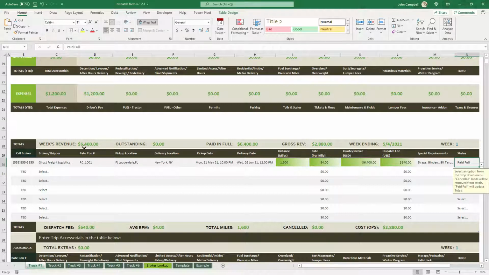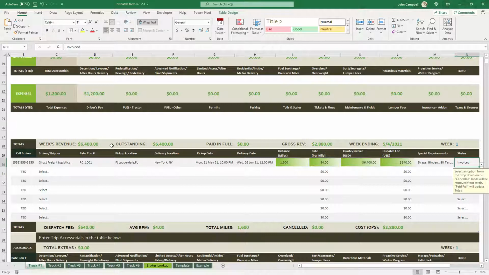And your week's revenue. So once you have entered this information, it updates your week's revenue, but it doesn't update your paid in full until it is paid in full, right? But it will be in your outstanding. So let's say that you are not yet at the level where it's paid in full. It's only been invoiced, for example. You'll notice that it's showing up here in week revenue, which it always will, because the minute you book it, it's part of the week's